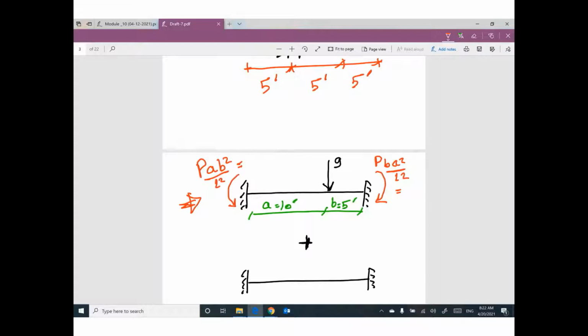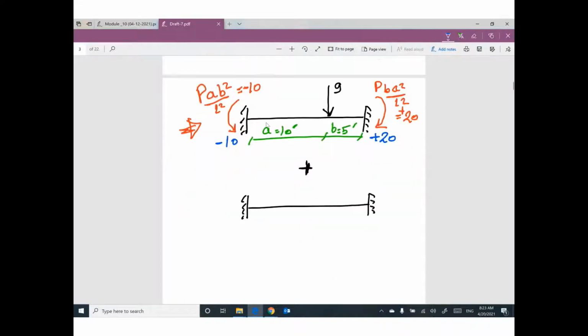So 9, this one will be 20, positive clockwise, and the other one will be negative. So the final conclusion from the first part, we have here positive 20, we have here negative 10. Does that make sense? Then I'm gonna assume we have this concentrated load alone, and your distances will be 5